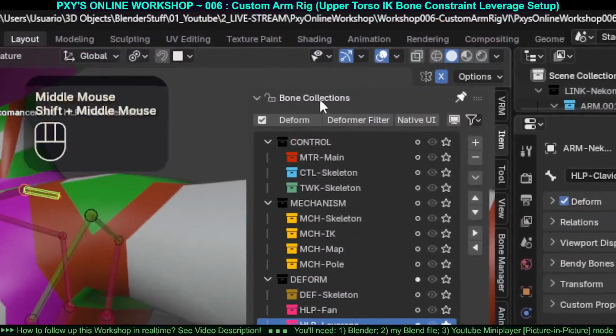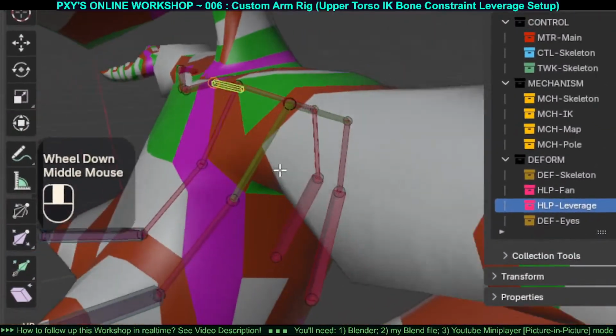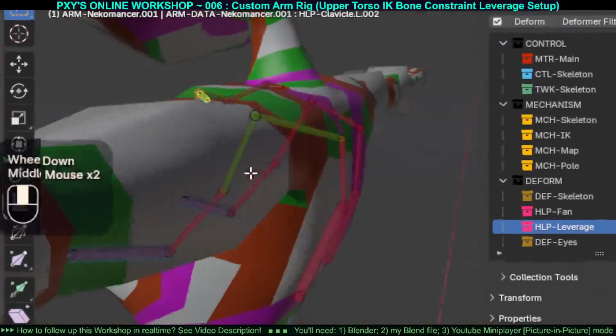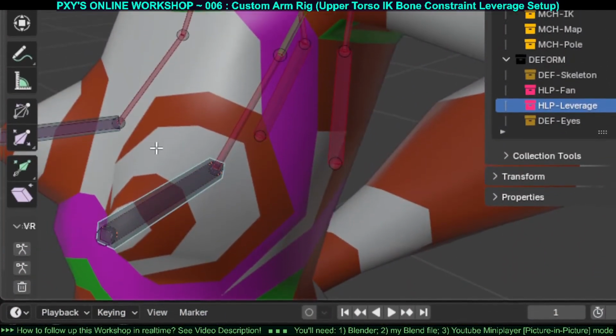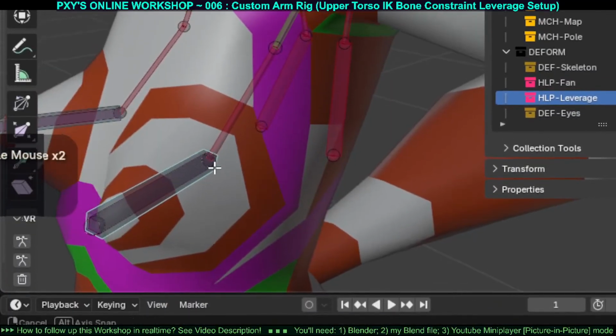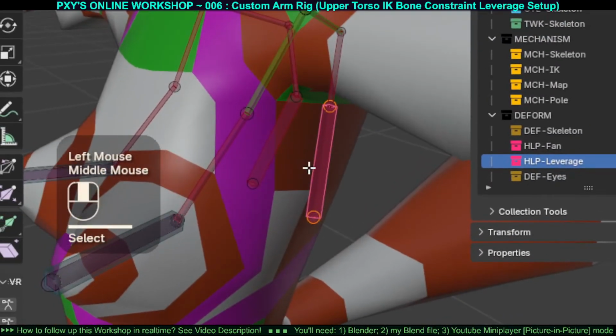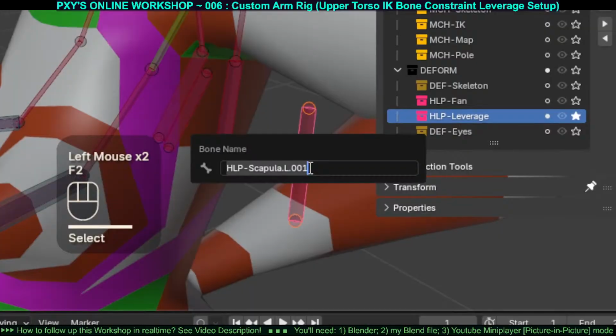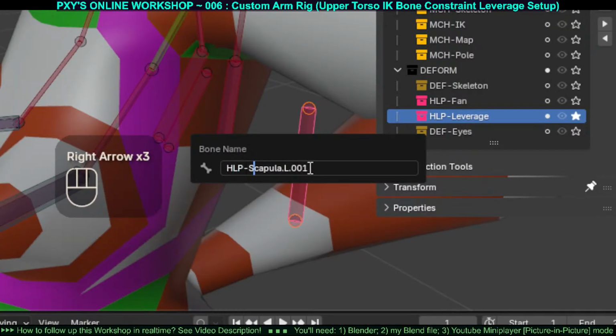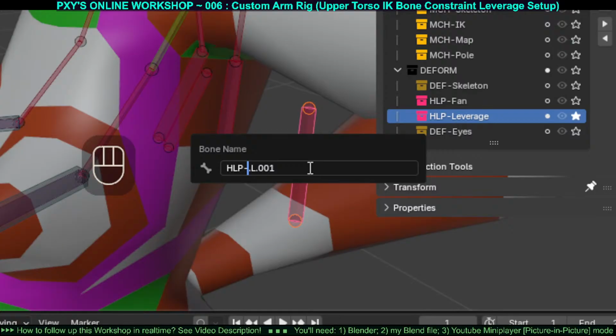On the left, we can hold left click and take this off, this solo star. This is a bone manager extension. It's free, it's built in. So we're going to start by just picking this. No, not this one. This is a mechanism. Let's pick this one, helper scapula. We Shift D, then we're going to change its name. Instead of helper, we're going to call it